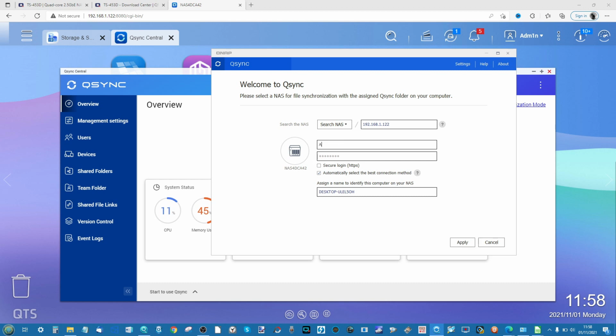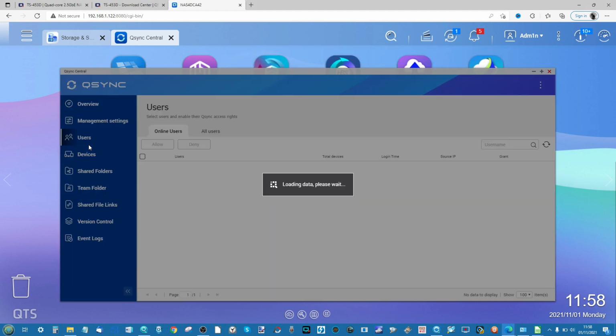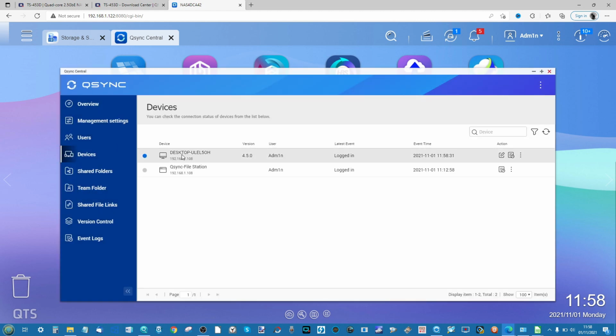We click select. We then add in those login credentials. Again, we can add the name of our local computer if we choose. Click Apply. Now QSync is going to communicate with this NAS here. As we can see, if we go with Devices, we can see that that computer has now appeared. If we head back into QSync,